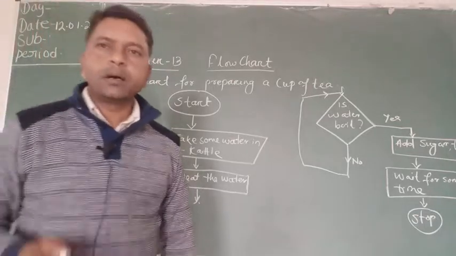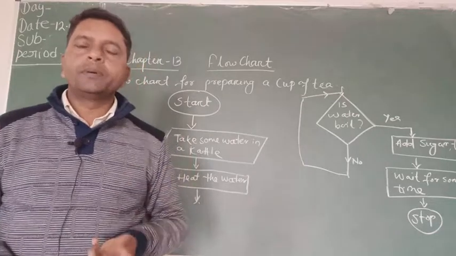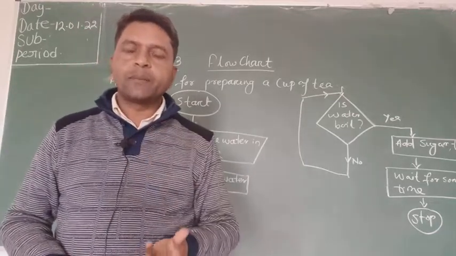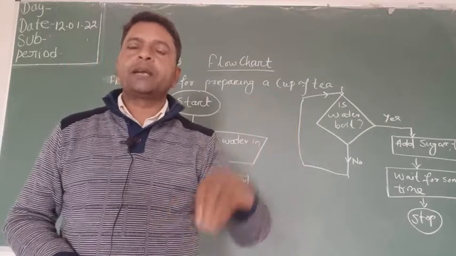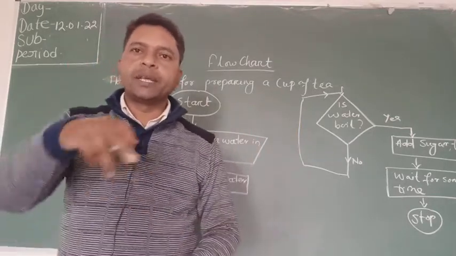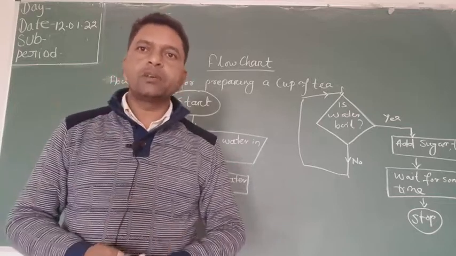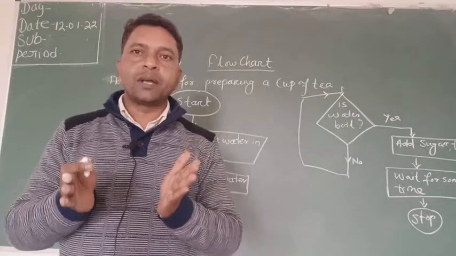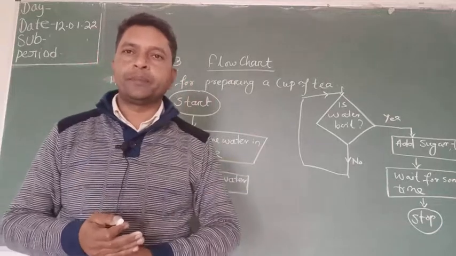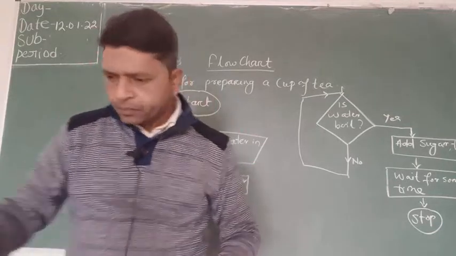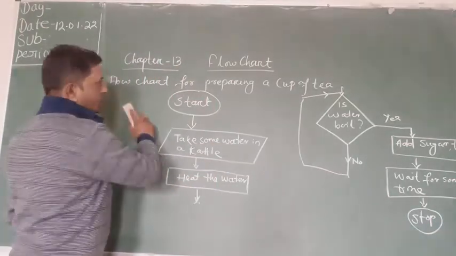And there are many processes to make a cup of tea. In a cup you have to take some hot water and add a tea bag, add some sugar, add some milk, and just drink it. After that your cup of tea is ready. So that is also a process that we can give here in a pictorial diagram. So that is the flow chart. One more thing: go through this also.